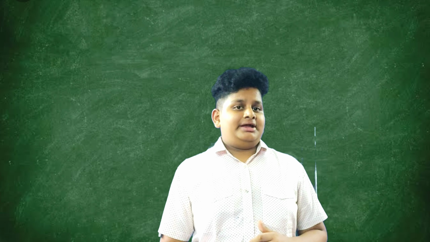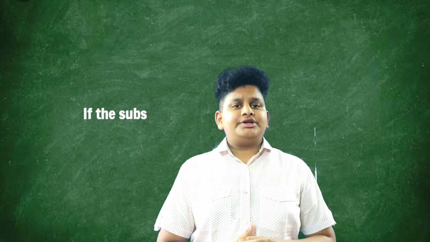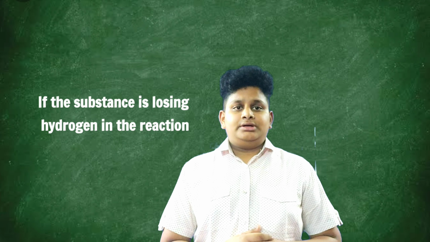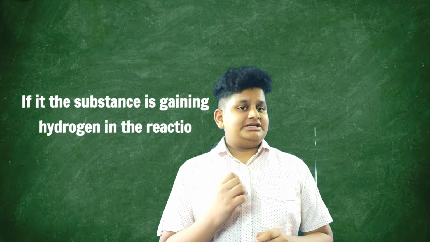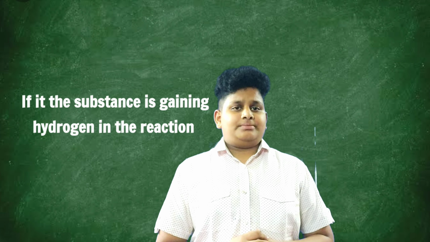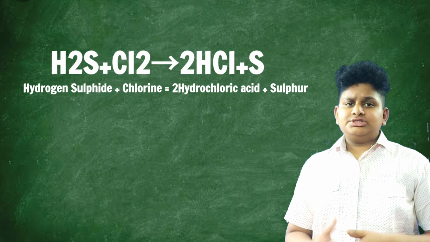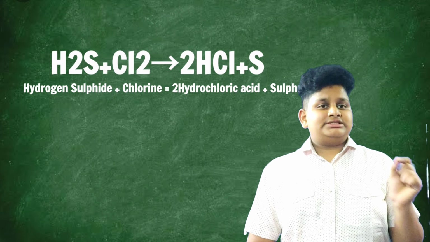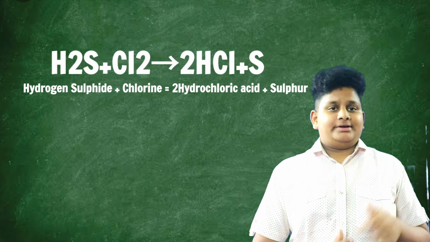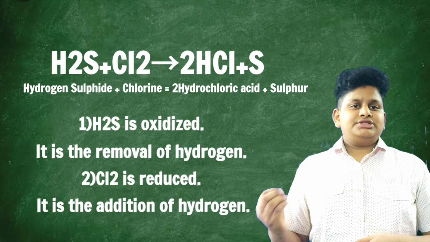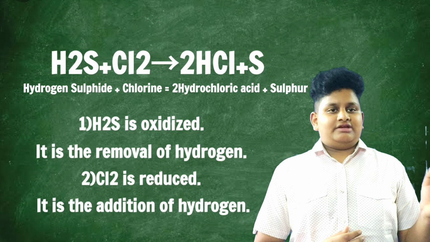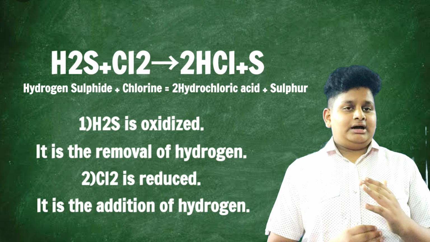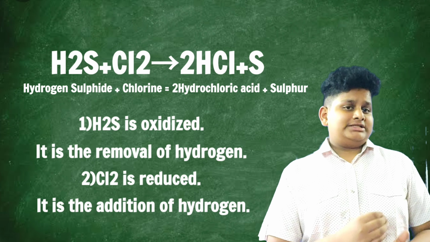Now, let us see it in terms of hydrogen. In an oxidation reaction, if it is losing hydrogen, then it is called oxidation reaction. If it is gaining hydrogen, then it is known as reduction reaction. Here is an example. H2S, hydrogen sulfide, plus Cl2, chlorine. If we react it, we will get HCl, hydrochloric acid, plus S, sulfur. Here in H2S, hydrogen is removed and we got sulfur. This is oxidation reaction. Here in Cl2, hydrogen is added, and we got HCl,